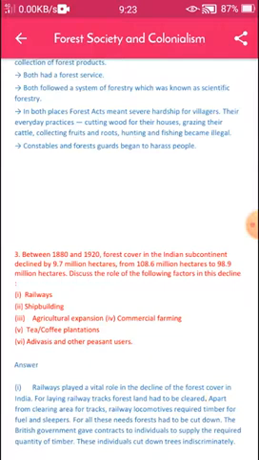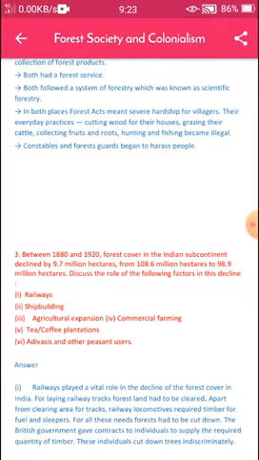Discuss the role of the following factors in this decline. First one is railways, second one shipbuilding, third one agriculture expansion, fourth one commercial farming, fifth one tea coffee plantation, sixth one Adivasis and other peasant users.